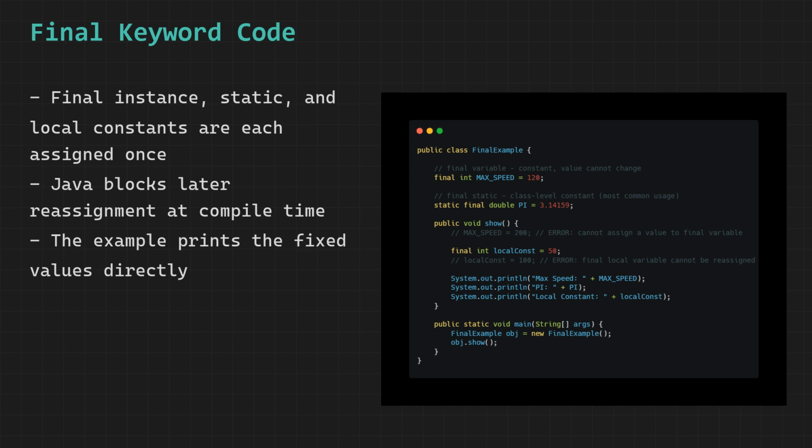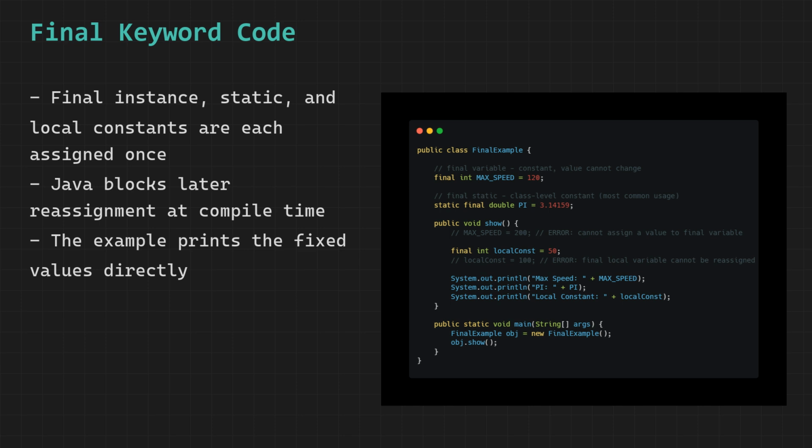Since it is declared as final, it cannot be reassigned later in the method. The commented lines maxSpeed = 200 and localConst = 100 would cause compilation errors if uncommented, because both variables are already assigned once and final prevents any further assignment.